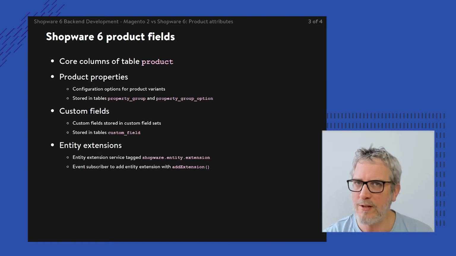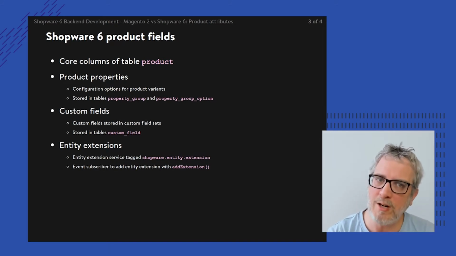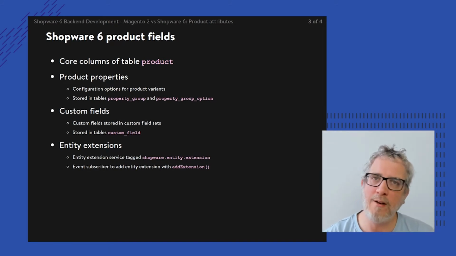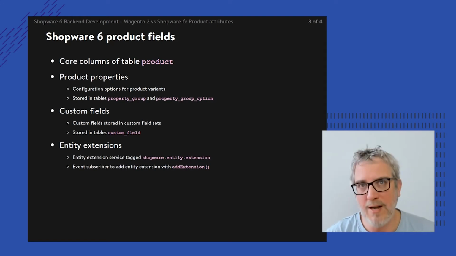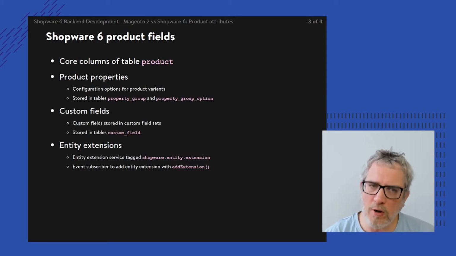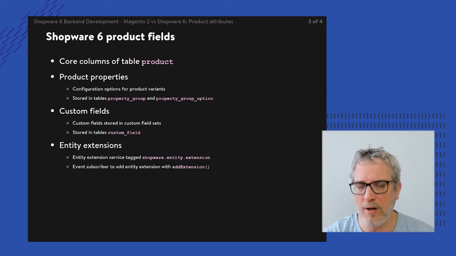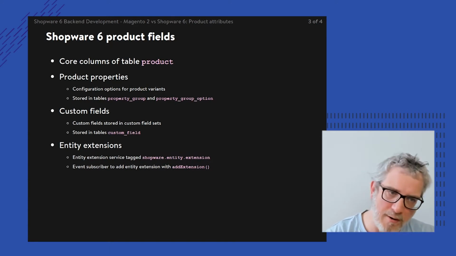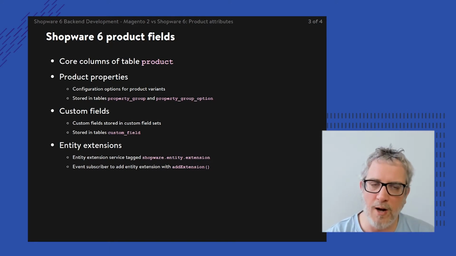And product properties are kind of like similar to the EAV attributes of Magento, if they are marked as a configurable attribute. And why? Well, because these product properties are basically picked up as configuration options in so-called product variants. And a product variant allows you to build something that resembles, in Magento, bundled products, group products, configurable products, and so on. So these are options that become selectable by the customer in the storefront, and taking into account those properties that are then becoming part of the order as well.